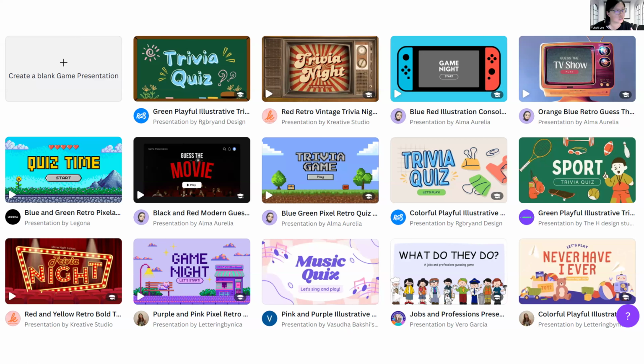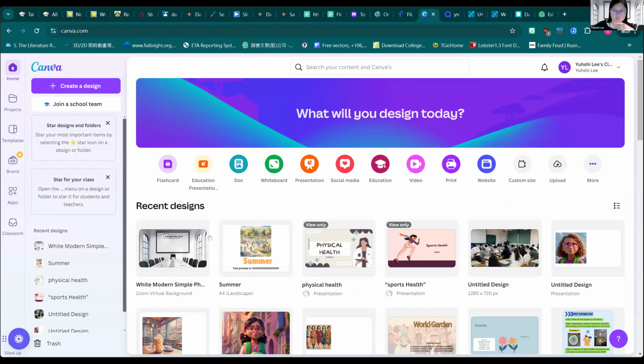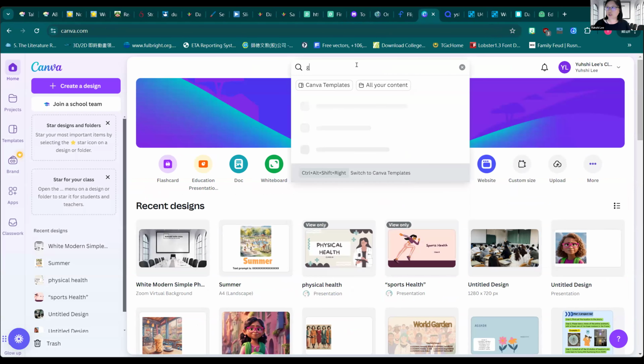So these are different game templates. Let me show you how you'll be able to access this. If you go to Canva, I won't post a link because I know all of you know about Canva. So if you go to Canva, go to search and type "game presentation",